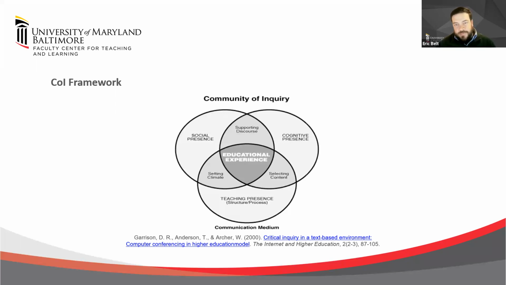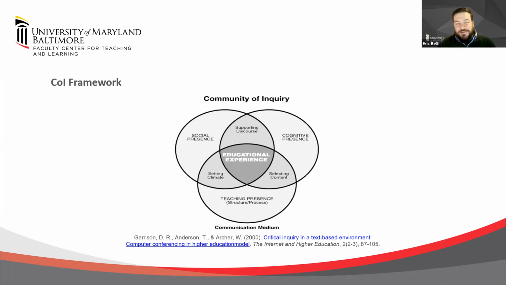As I mentioned, this was originally conceived as a framework for text-based communication. So how does this manifest in video communication in online courses? This was just a lit review, but my research interest is in the social presence circle of this framework.